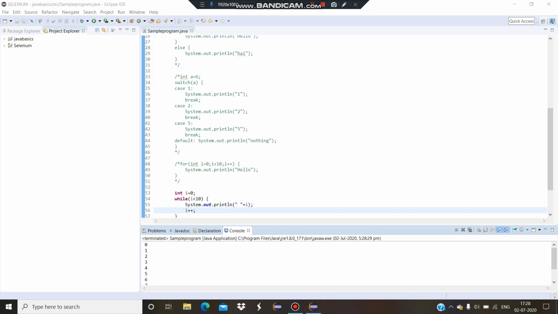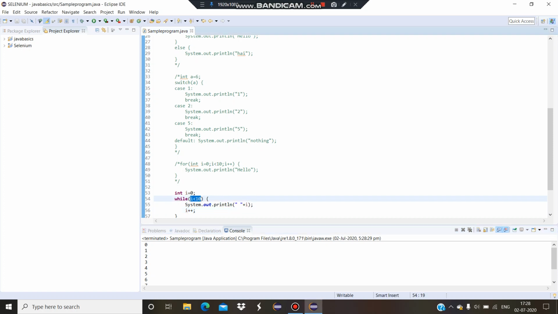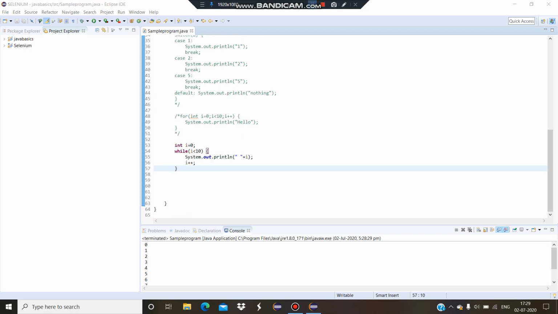So see here, instead of writing hello as in the for loop, I am printing the i itself. So you will have a clear understanding of it. The first time it checks 0 less than 10. Yes, 0 is less than 10, so it prints i. It goes on until it checks the condition for 10. 10 less than 10 is false, right? So it will go out of the loop. So this forms an example for the while statement.